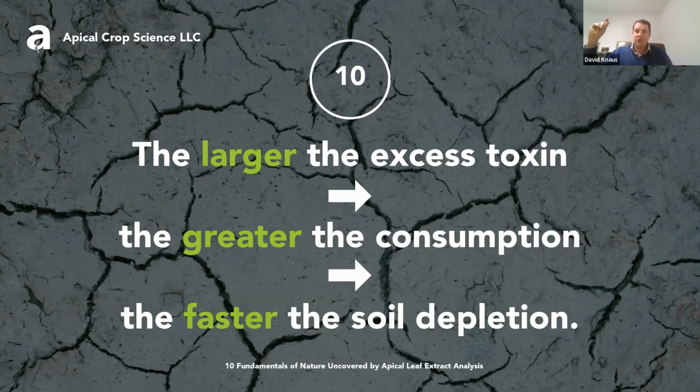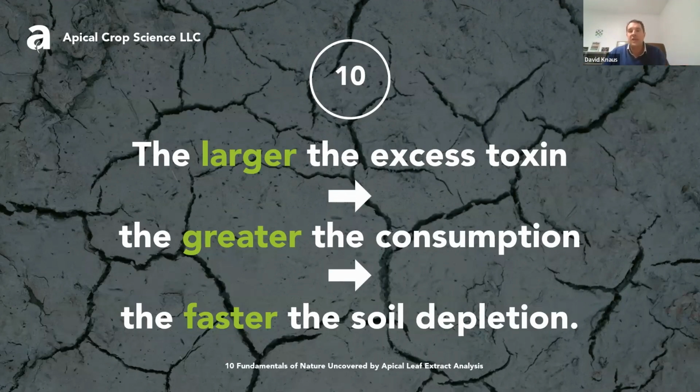So if you have low levels of sugars, you're going to be extracting soil from the soil profile to the point where you can't extract anymore. Once that soil has been completely extracted, that's when the plants start to go even further out of balance, right? And so it works both ways. It's really cool. This is the beauty that the 10 fundamentals have shown us here at Apical: how we can rebuild soils, how we can utilize and track these in real time for the overall benefit of our crops, our customers, our bioregions, countries, world, etc.